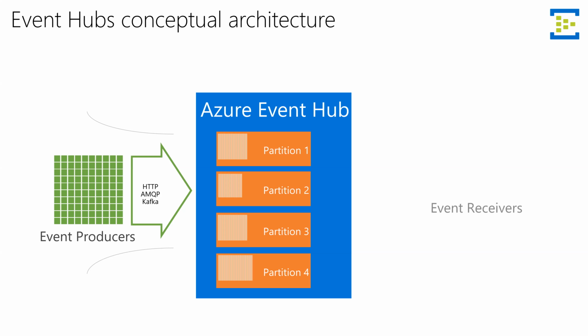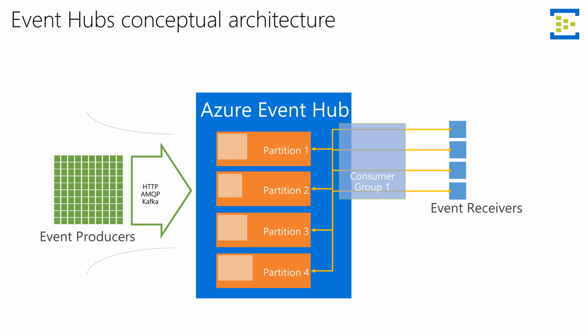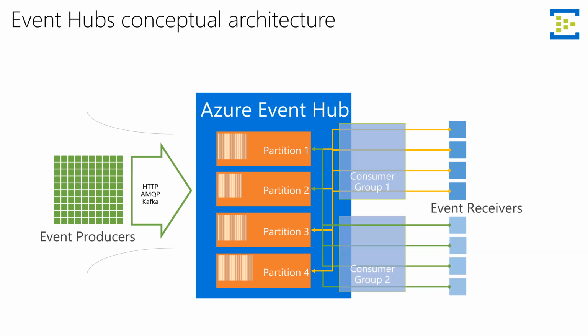And then on the other side, there are event receivers that are not receiving single, individual events. They read those through consumer groups, and they read the streams. I'd like to point out the inverse direction of the consumption. It is not a message going to the receiver, it's receivers picking up those messages, and I'll elaborate on this emphasis a little bit later when we talk about additional aspects of Event Hub. And we can have obviously multiple receivers with their consumer groups that are reading messages from all the partitions.